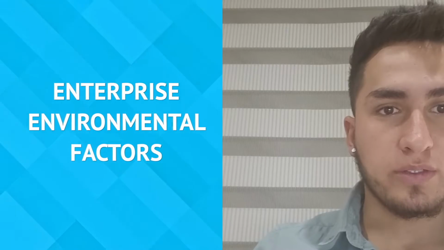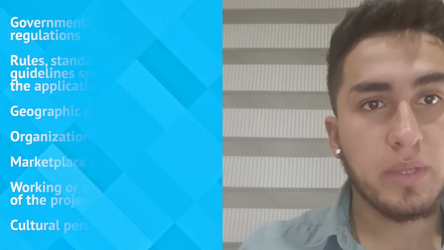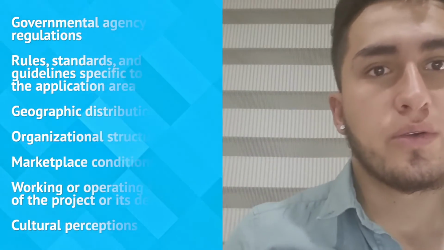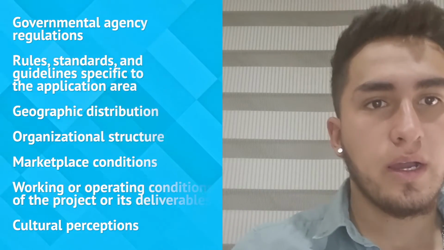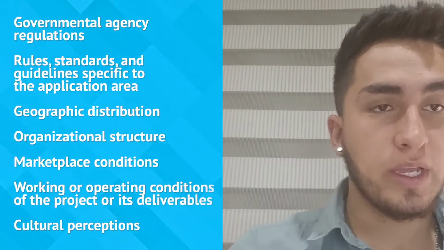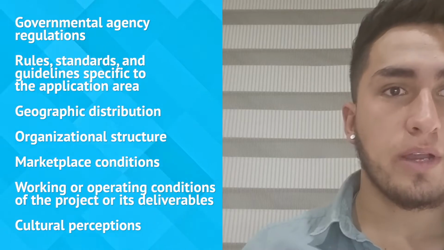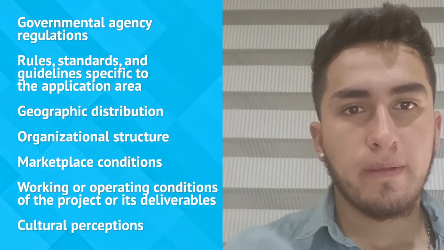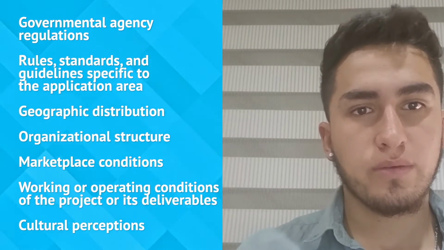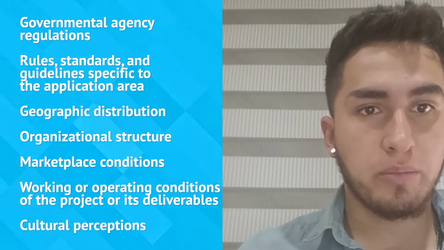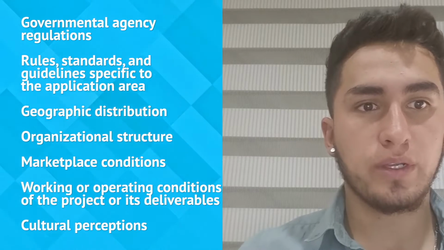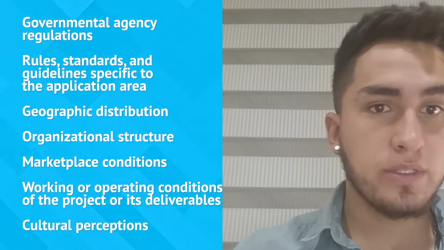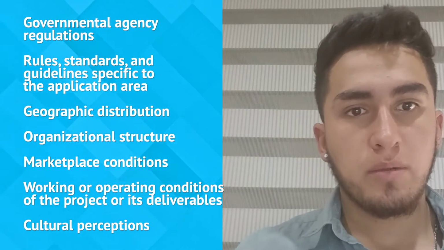Enterprise environmental factors: government agency regulations, rules, standards, and guidance specific to the application area, geographic distribution, organizational structure, marketplace conditions, working or operating condition of the project or its deliverables, cultural perceptions,